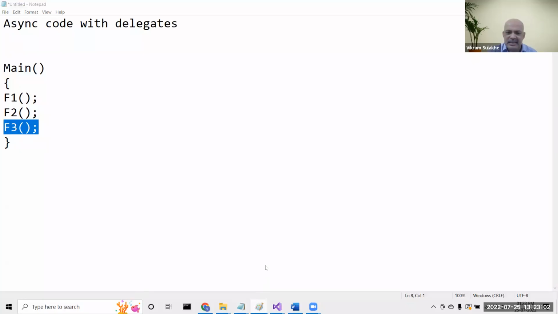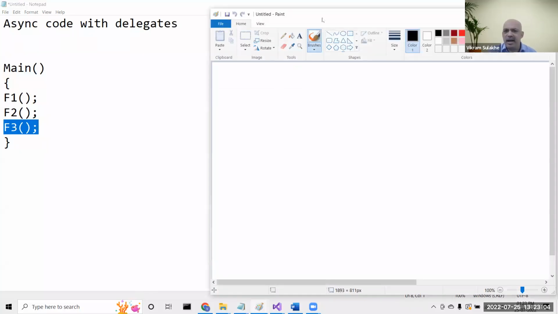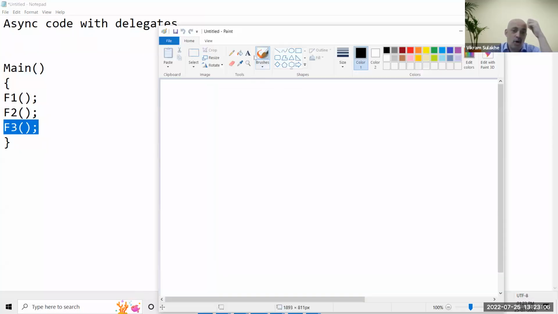In such a case, instead of running these on a single thread, what happens right now? Function 1 runs, then function 2 runs, and then function 3 runs for some time. So unless one is over, the other one can't start. This is what is happening currently with a single thread. As opposed to that,